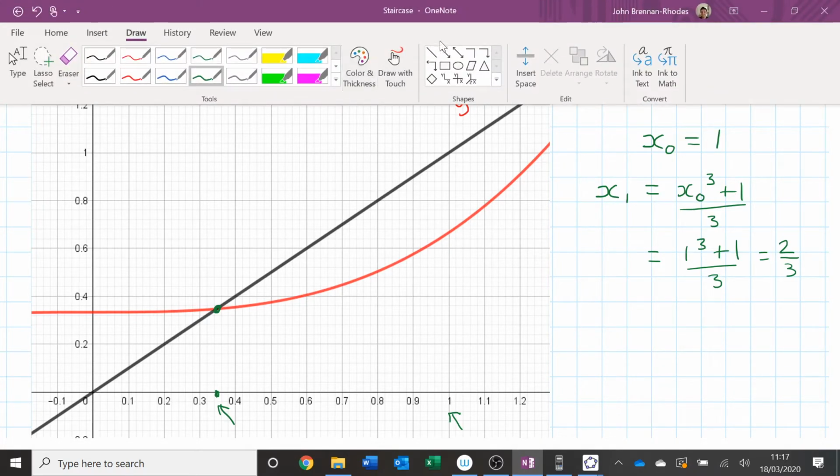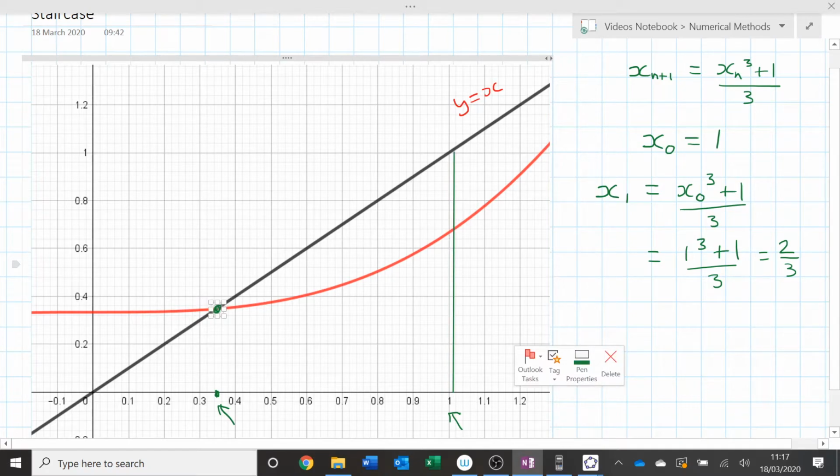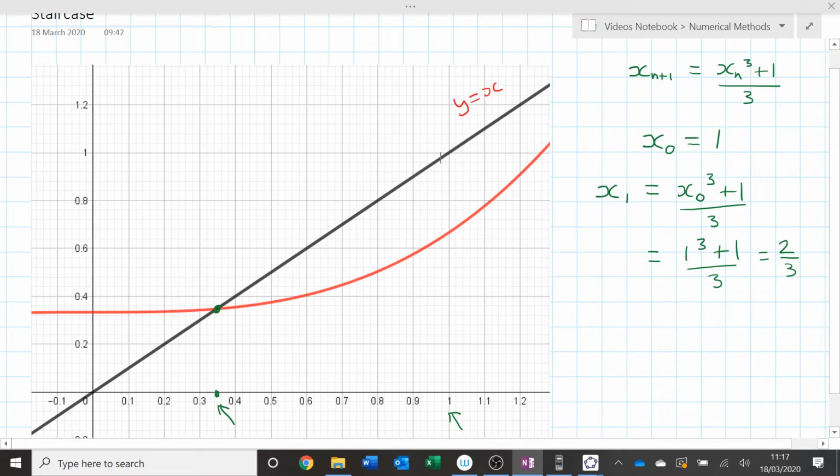So, I put x equals 1 into my equation. I'm actually going to switch the mouse here. I put x equals 1 into my equation. And I can't quite put it into the right place because it's snapping to the grid. That's annoying. I might just draw it by hand. Okay, so I have put x equals 1 into my equation, and it goes all the way up to